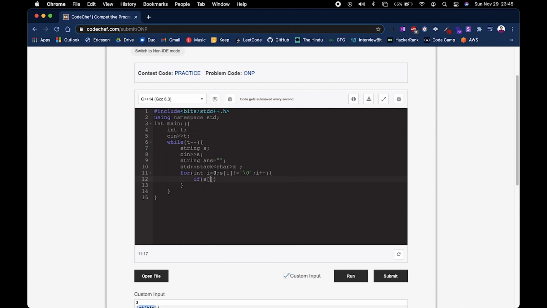So I will simply use the condition that if it is greater than or equal to A and less than or equal to Z, we will simply add it to our answer string.